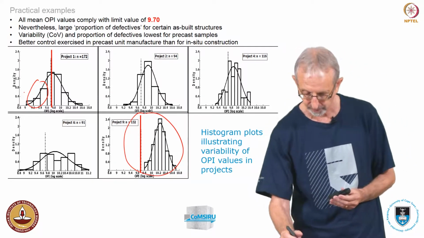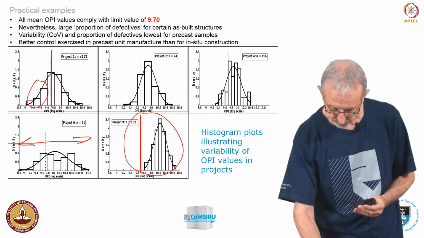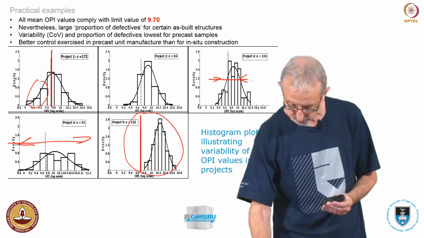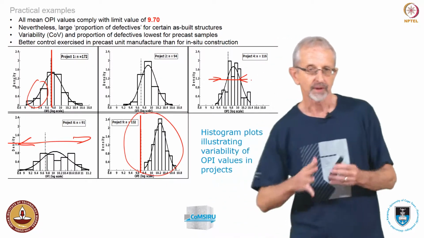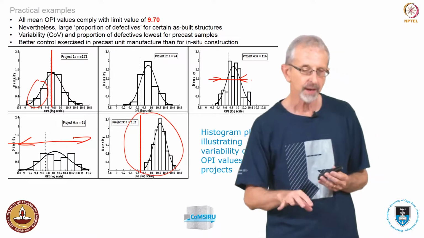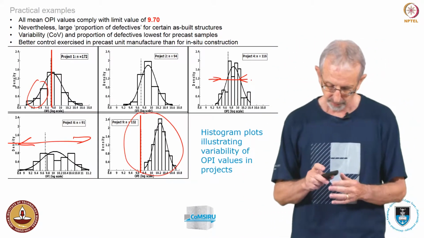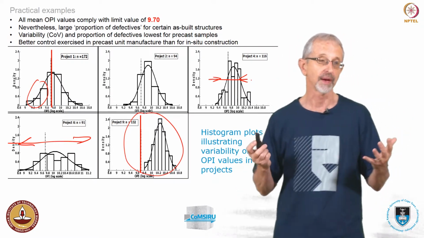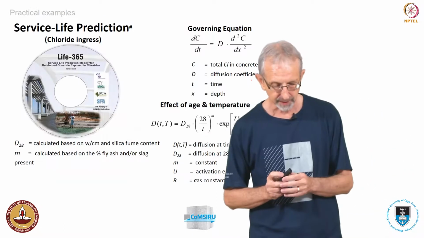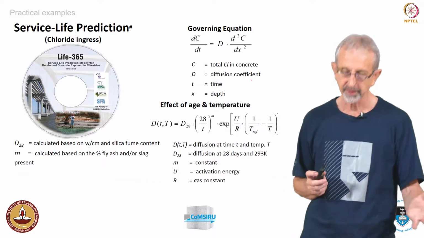I haven't done them on every graph, but you can see that in this case there was a huge amount of underperformance. You can also see that here there's a huge spread of data. Here the data is much more well confined. So the variability has now been quantified. So that was a really interesting example to us of whether we could achieve this on site. And you can on average, but very often you don't get it in every case. So that was the first example.